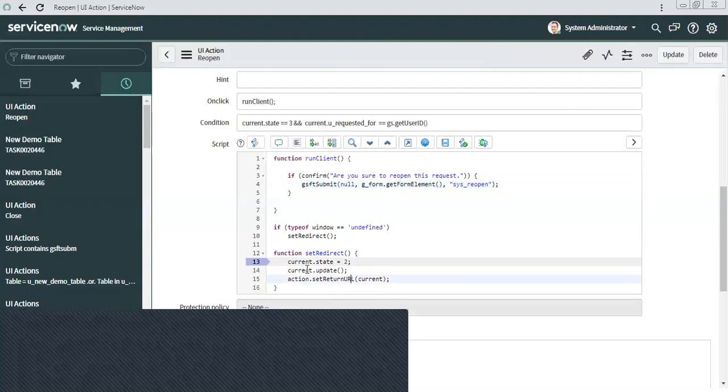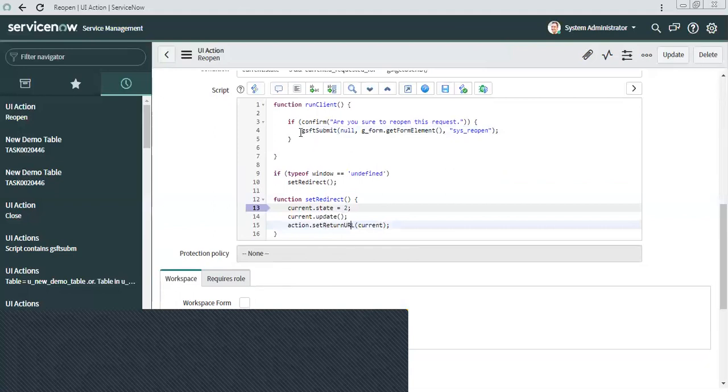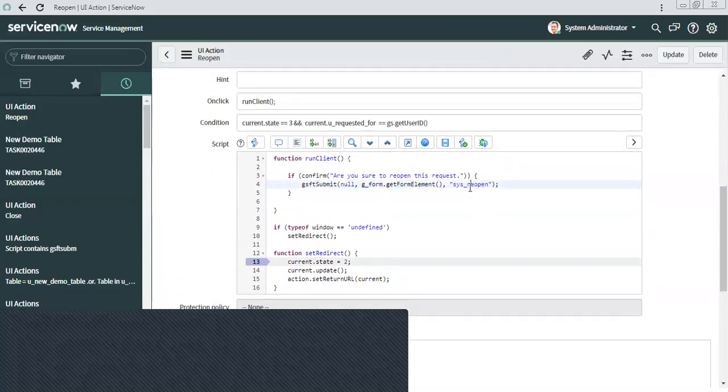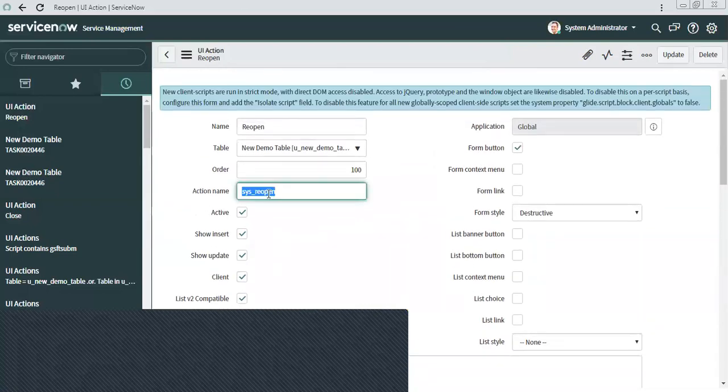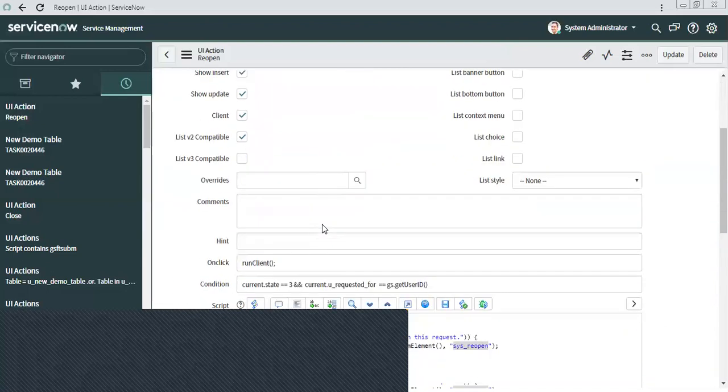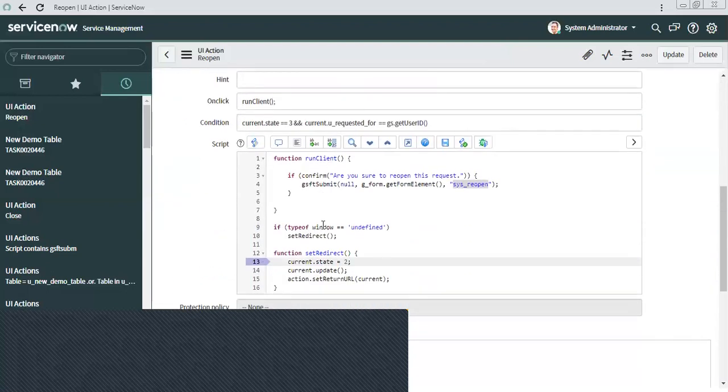Might be a bit difficult. These many things are fixed, like this one line is fixed every time at the end of your client side code. This line should come every time, and the name of this UI action is going to be replaced with whatever the name of your UI action is. Even if I don't need to write client side code, I can still write this gsftSubmit line.